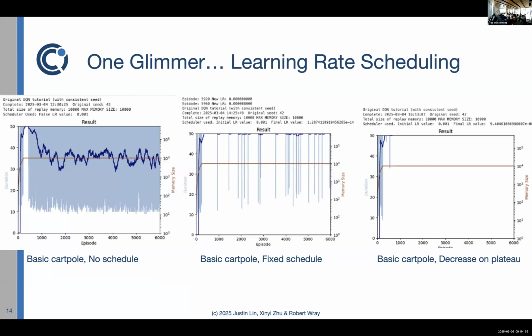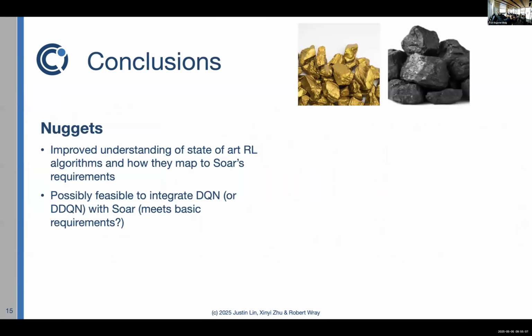it essentially continues to learn. So you can't really see in that chart, but it goes up to 50 and pegs at 50, and we did it for 500. Again, I'm not going to show you all those charts. So if we hadn't run out of time, this might have been the direction that we would have gone in. In conclusion here, I think we have a little bit better understanding about state-of-the-art RL and how that maps